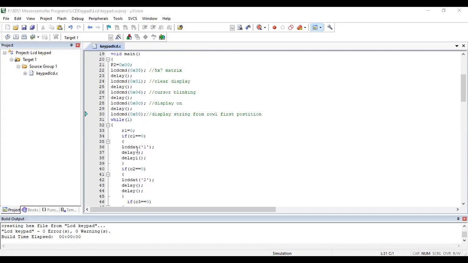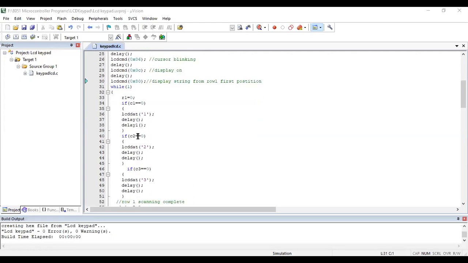So while 1, first you are making R1 to ground, R1 equal to 0. So if C1 equal to 0, you have to call a function LCD dat. You have to display 1 and introduce some delay, delay 1. And if column 2 is 0, it should display 2 and introduce some delay, delay 1.